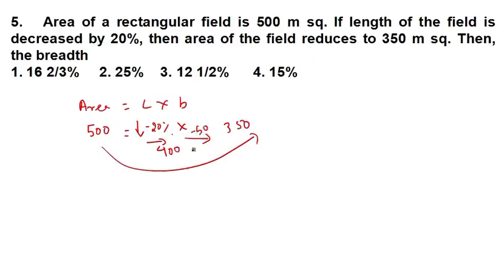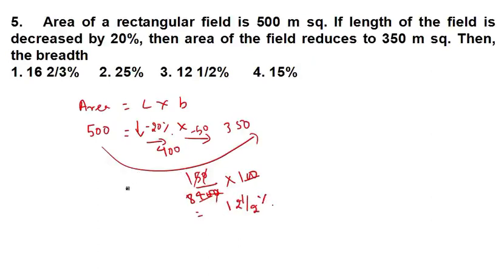Fine. So this 50 you are decreasing on which number? You are decreasing on 400. To get percentage, you have to multiply by 100. This 0 and 0 will get cancelled. You do one thing, 0 and 0 get cancelled, 5, 1 and 5, 8. You get 1 by 4, 1 by 8. So what is the percentage value of 1 by 8? It is decreased by 12, 1 by 2%.